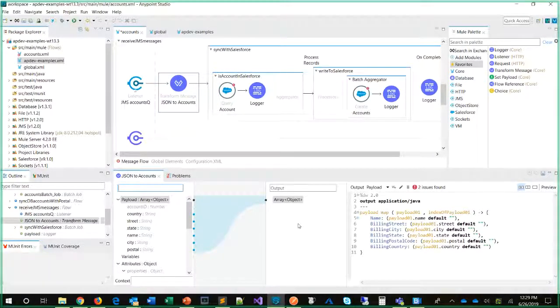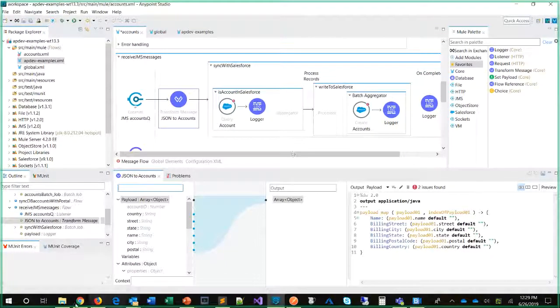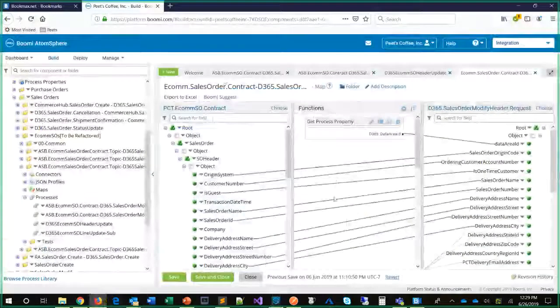So that's a very super quick look at DataWeave. There is far, far more to this than what I'm showing you here. So a map relatively equals a transform component. How do we log? How do we log specific things that we want to? Well, in Boomi,